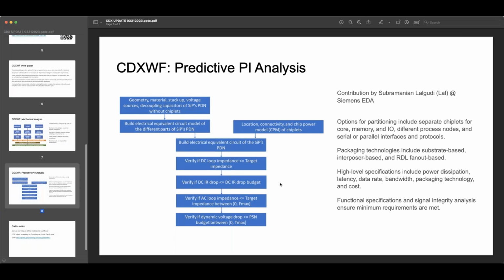Just in a verbal overview of the white paper, there are several sections. We are talking about partitioning, about architectural choices. We are talking about power, thermal, mechanical, power integrity, signal integrity, and DFT. So we would welcome contributions to any of these topics.